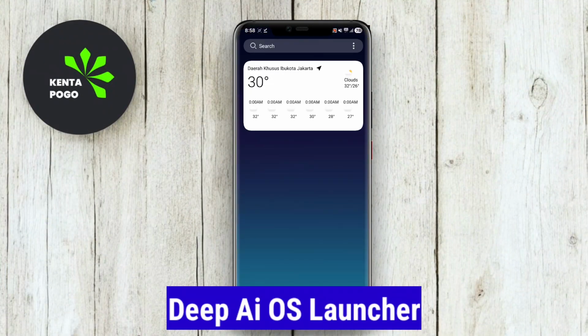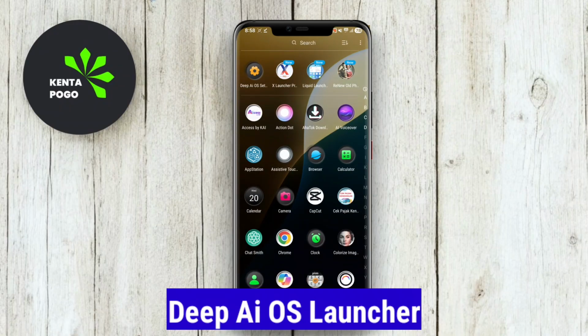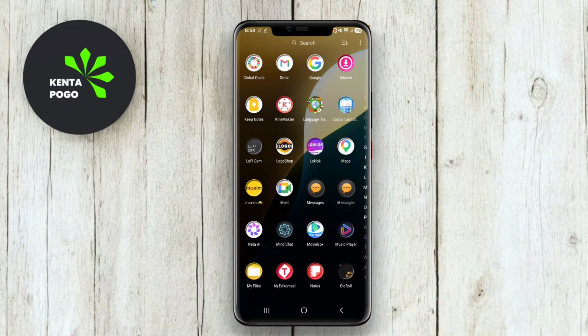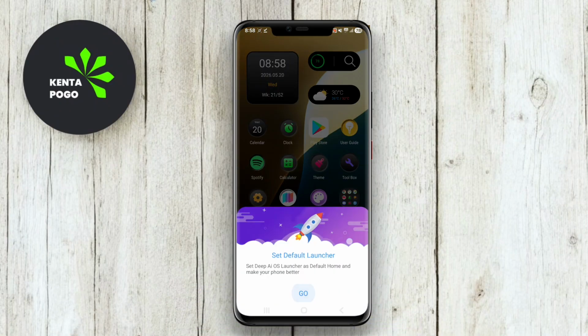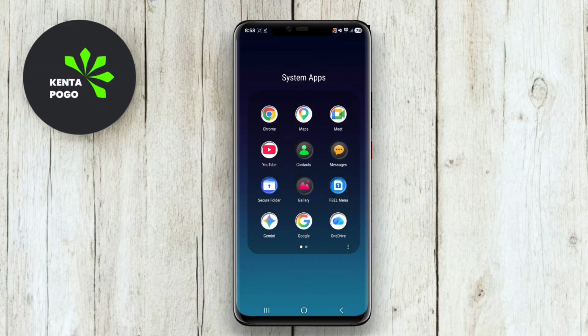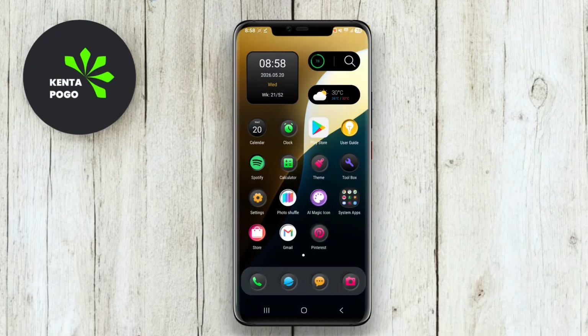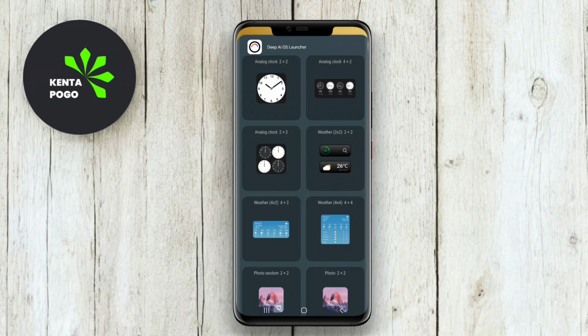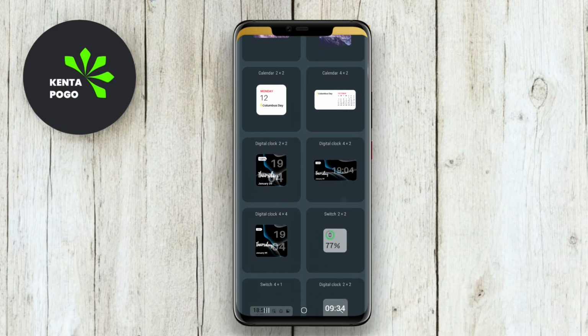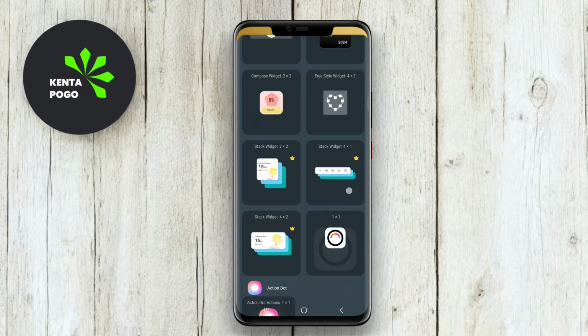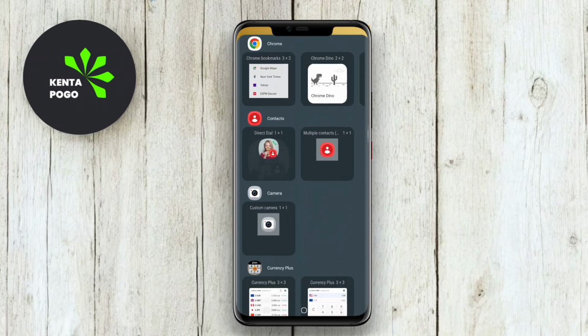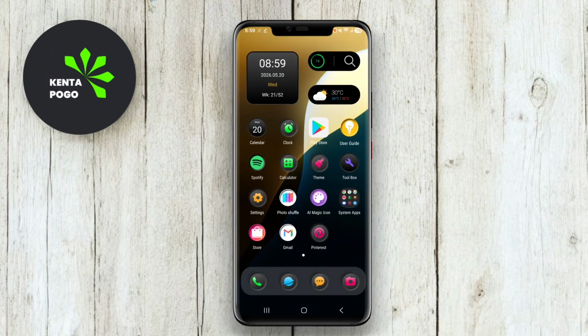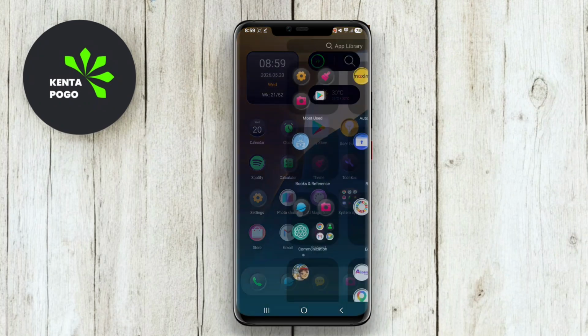Deep AI OS Launcher. Deep AI OS Launcher offers a unique take on the iOS launcher experience, aiming to deliver a fast and efficient interface that mimics iOS aesthetics. It comes with many customization options, including different wallpapers, themes, and icon styles, which help users create their desired look and feel. One of its key features is the app drawer that organizes apps neatly, making it easier to find